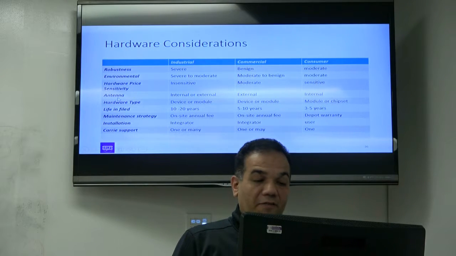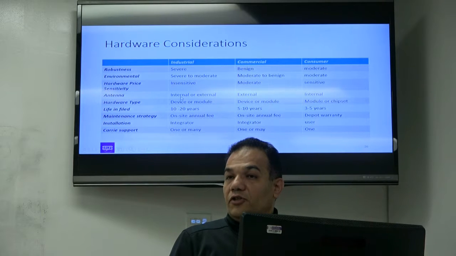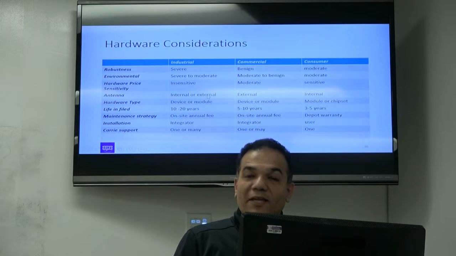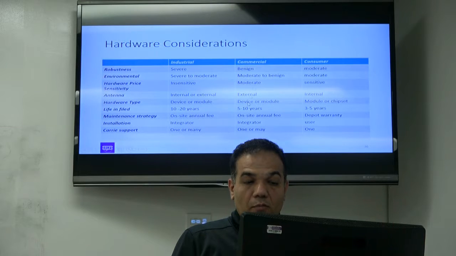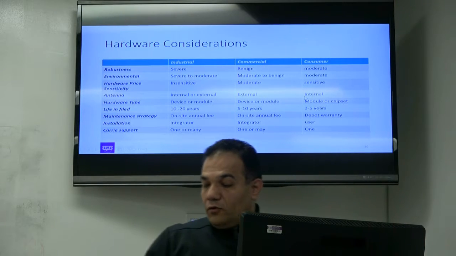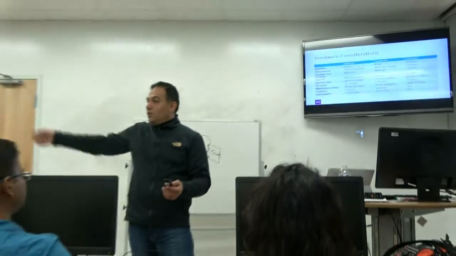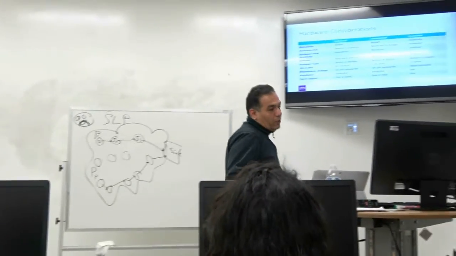Let's take a look at antenna, for example. If you need a device in an industrial room, whether the antenna is internal or external, does it make a difference? It's a factory. Does it make a difference? In commercial, external. But for a consumer, if you give a device like this but the antenna is that big and external, does it work? No, it does not work. So you have to take a look at all of these.